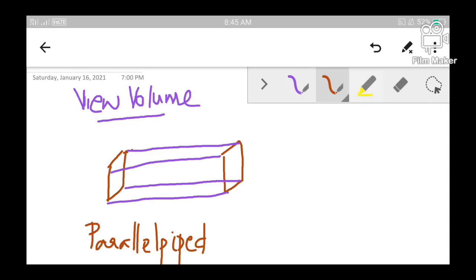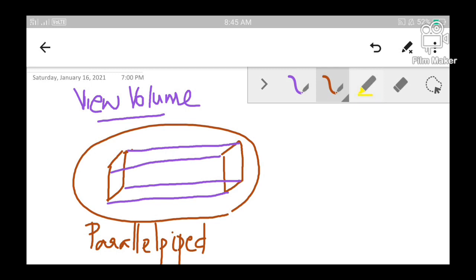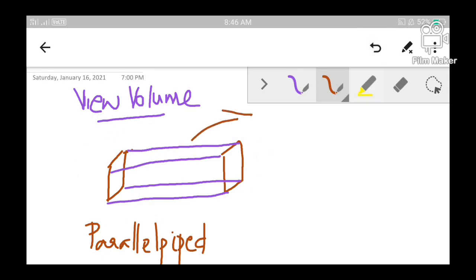So this entire volume is where everything is visible, and outside this region nothing will be visible. That means whatever is seen within this area will be captured and displayed on the 2D view plane, and whatever comes outside this area will be nicely clipped off.